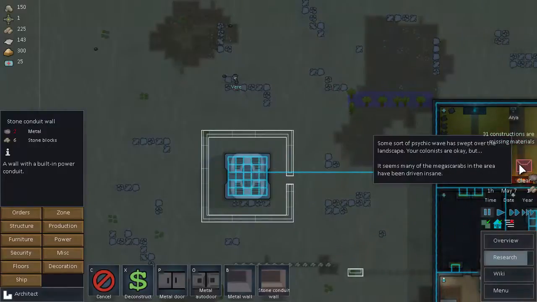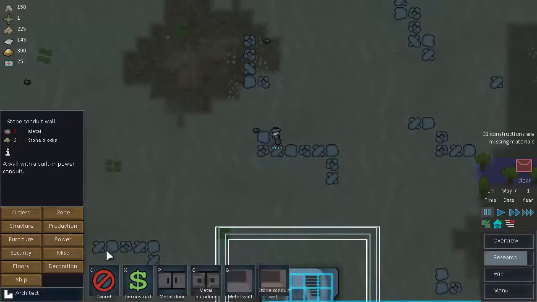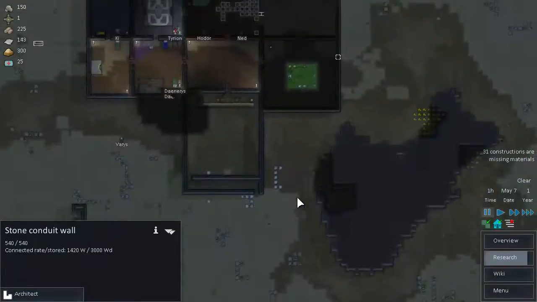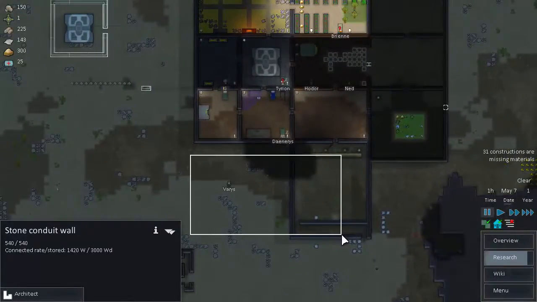Oh no! Some psionic wave has swept over the land. Your colonists are okay, but the many mega scarabs in the area have been driven insane. Like the one right there, which is now attacking this poor visitor. I imagine mega scarabs probably aren't all that strong, so our people should be able to handle that perfectly a-okay. In fact...